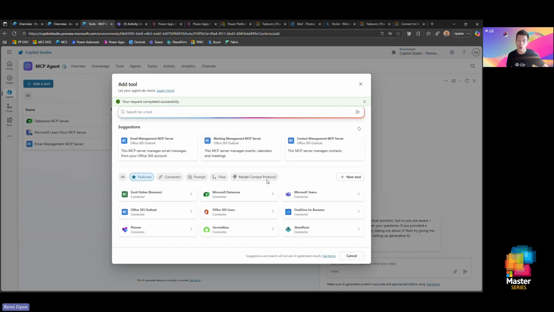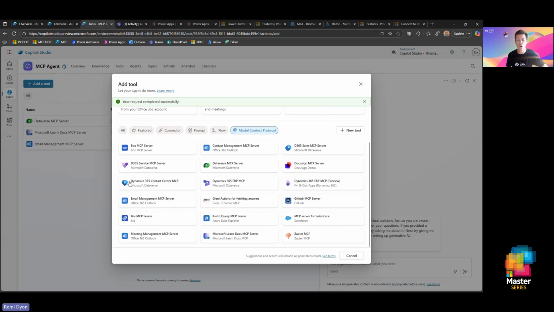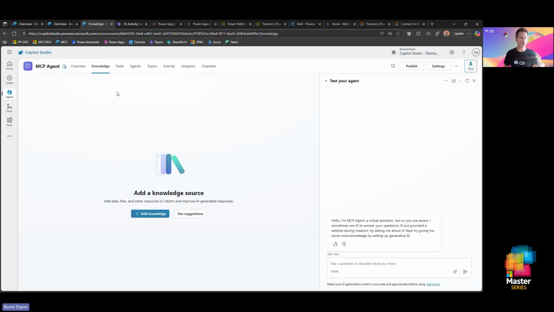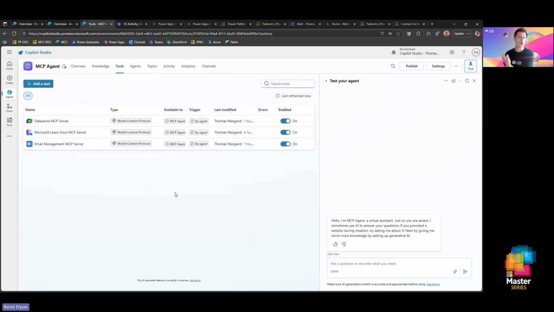You go to add a tool, go to the MCP, and then here you have a list of existing MCP servers. The one that I really like is, where is it? It's here, the MCP Microsoft Learn documentation. Why is it better than adding learn.microsoft.com as knowledge? Well, the MCP is responsible for the indexing. So we built an entire server to ingest Microsoft Learn, and we run a semantic indexing model on top of all the Microsoft Learn content,